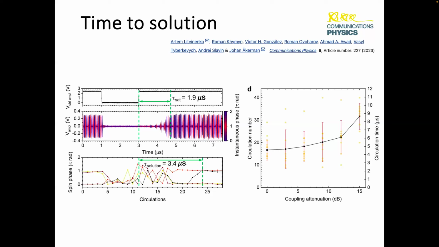But in this case, we ran with the coupling on and the gain off. So here the gain goes on, and then the pulses start to develop. And they develop, since the system is promoting phase states, they will grow in amplitude with a well-defined phase. And then they were not getting the solution here, so they start to struggle a little bit, and here is the actual solution. So the time to solution here, from the start here, is 3.4 microseconds in this case. So that's our very first demonstration.